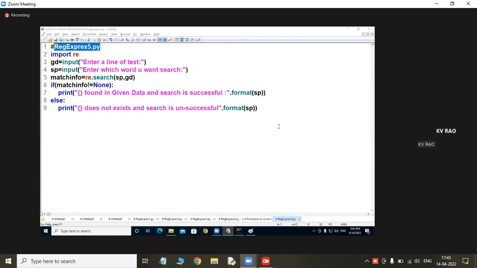Exception handling is totally different from regular expressions, and you already differentiated that today, I think. Thank you, guys. Take care, and tomorrow's class will